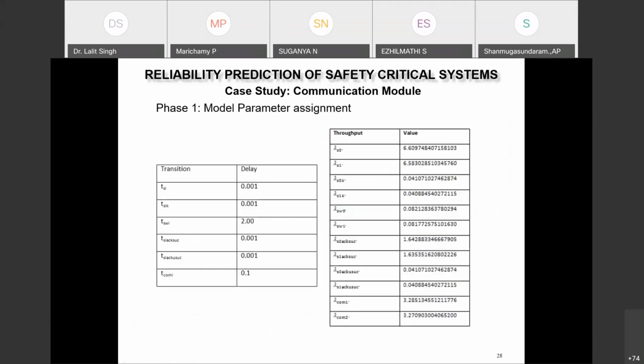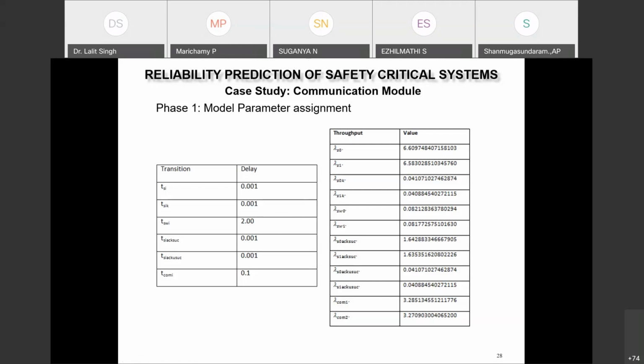So this is the model that we have defined, and we can assign the delay also for each transition. As I said, the safety critical systems are real time in nature, so it is very important to incorporate the time, because if anything is happening beyond the time, it doesn't make any sense. It will be treated as a system failure. So we can assign the transition delay based on various factors like the experts elicitation approach, or the experiences from similar kinds of projects, or from data analysis. And then after assigning the delay, we can use the tool which can run this Petri net model to give